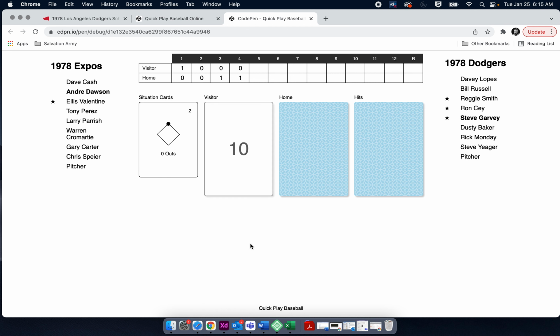They get the bases loaded with 2 outs. 1, 2, 3, 4, 5, 6, and Andre Dawson back to the plate. Does he have a 3rd hit? He doesn't. So the Expos go down. Expos go down in the 7th, and still a 2-2 ball game as you go to the